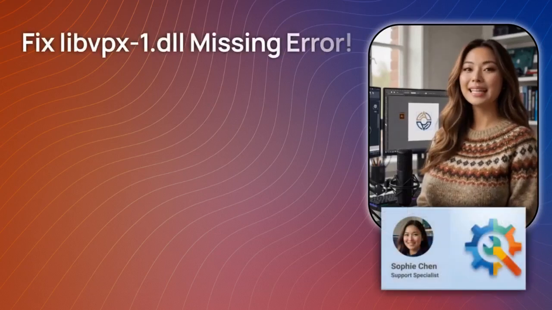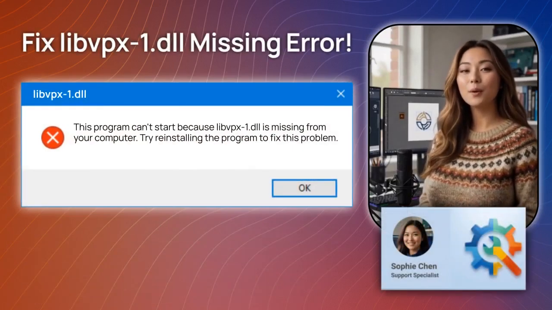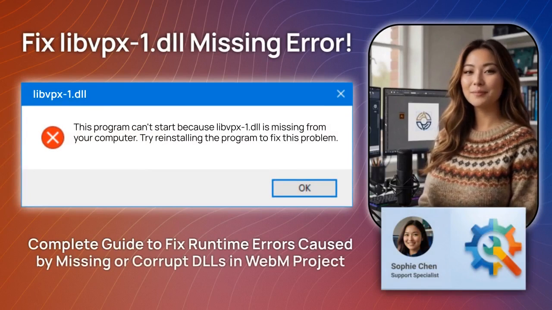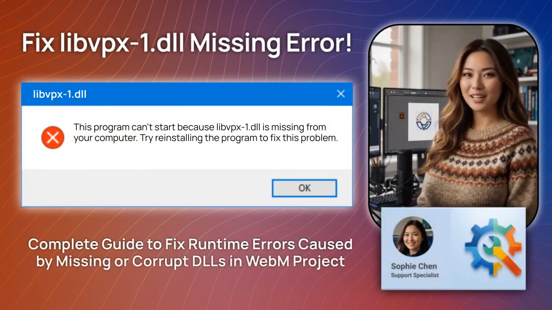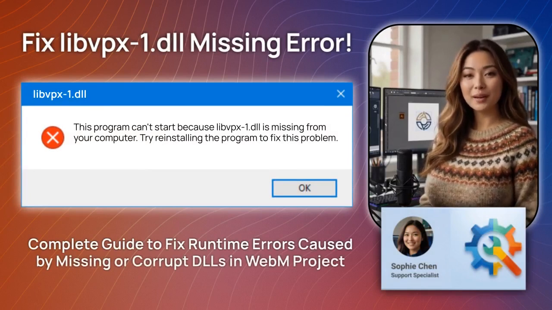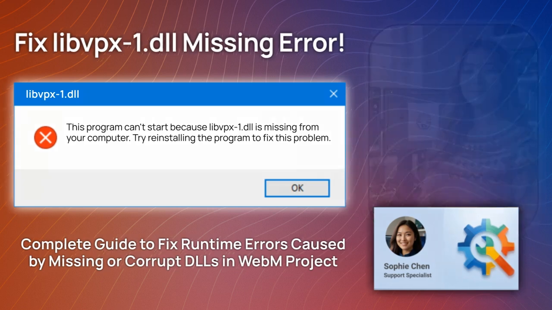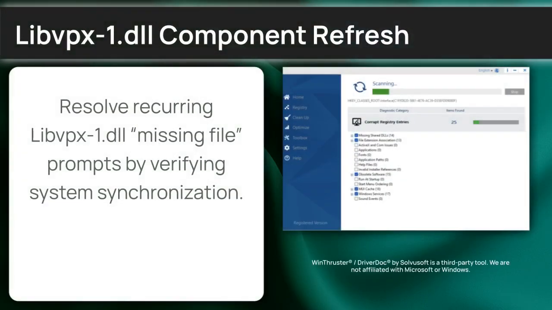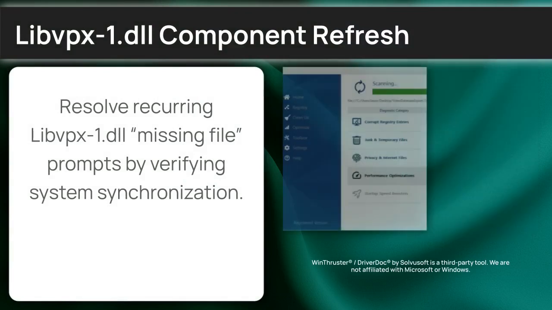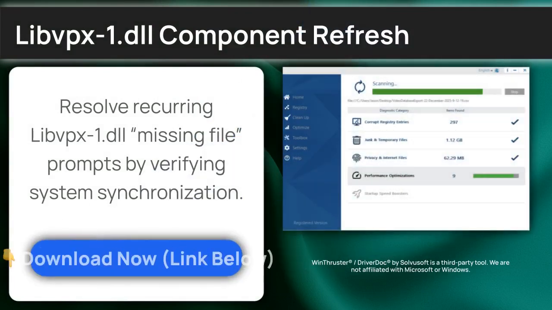Frustrated with the libvpx-1 library DLL pop-up blocking WebM project? I'm Sophie Chen, a Windows support engineer, and I'll walk you through the diagnostic repair to get things running smoothly again. Before we begin the manual steps for libvpx-1 library, you can access a utility designed to help provide a